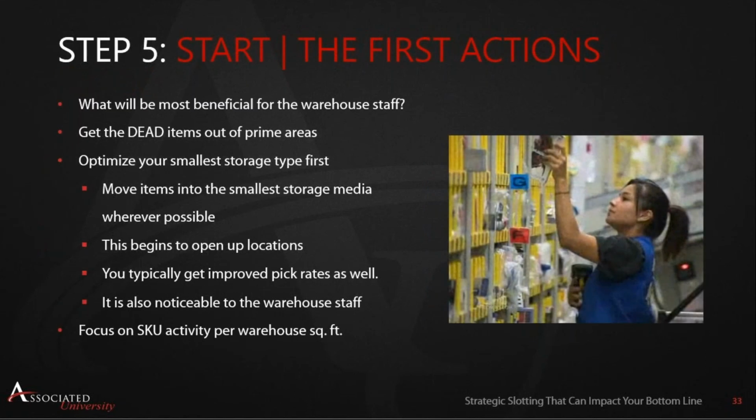Step 5, this is the heavy lifting, the commitment, the first actions. Consider what will have the greatest impact in your warehouse and with your warehousing staff. Be sure to move dead items out of your prime location, and then start by optimizing your smallest storage media